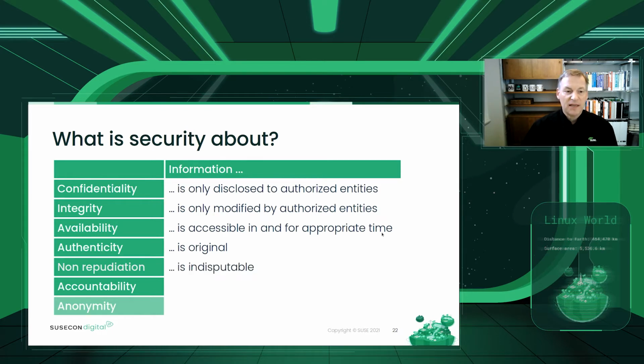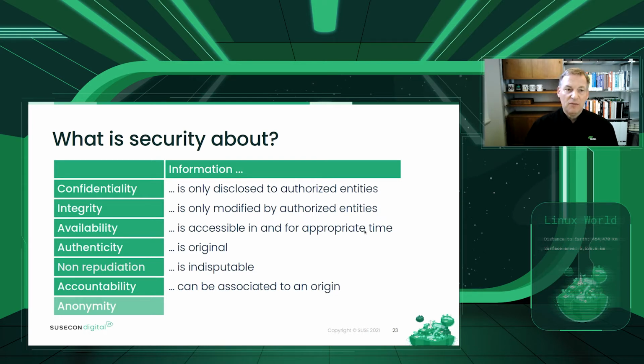It means that the information is indisputable. This means I cannot deny that I am the author of something specific, or someone else can prove that I am the author of a specific thing. And it overlaps a little bit with